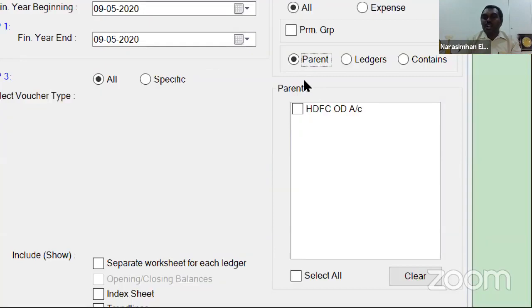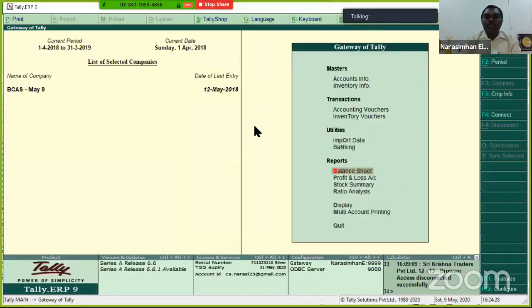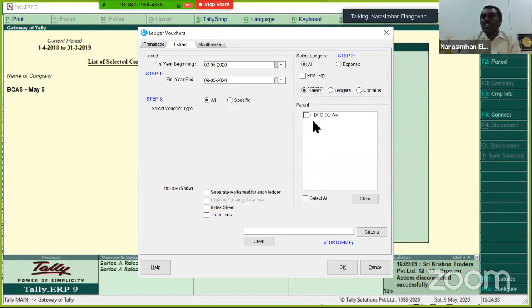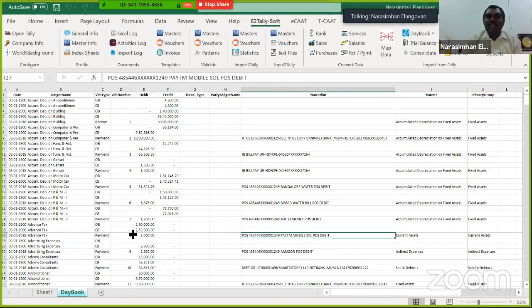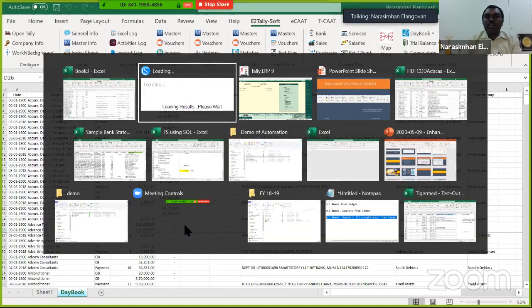It appears here. Alternatively, I can click on parent and choose from the list of parents that appears over here, and I can choose only that particular one. For example, here I've chosen only the HDFC account. I just click OK. I can also click on give me an index. The software will automatically create an index, and I just say OK. So this is basically how analytic tools can be used, and the moment it is done, the dashboard or the result appears. Correct? So this is basically what I wanted to take you through.